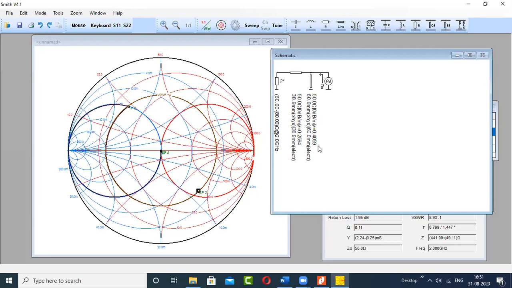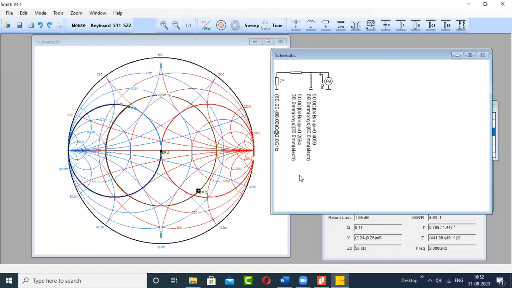Please, for figures, whatever diagram you are drawing or taking the screenshot of, below that please write the number of the figure and the name of that figure. That title is required because I just corrected the last experiment. There were 4 to 5 students, or maximum 6 or 7 students, who had written the title and figure number. Other students are not writing. Simply they are taking screenshots and pasting them in the Word file. So don't do that. Whatever figure it is, give it a title, give it a number, that is necessary.